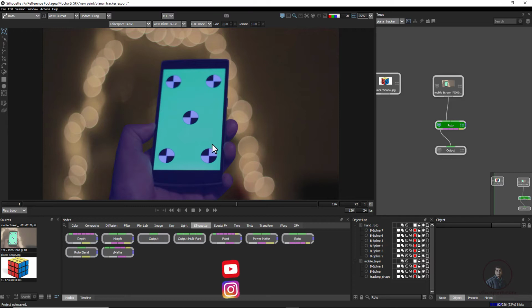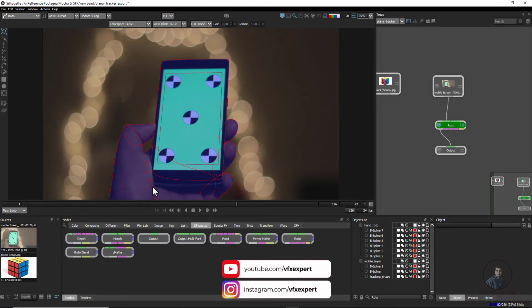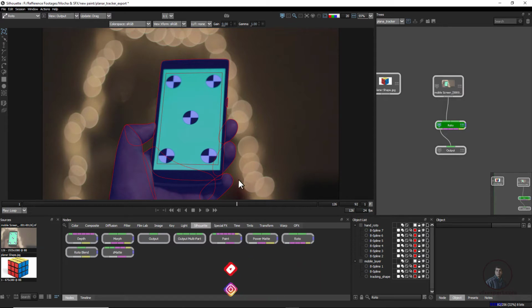Okay, so if you want you can press 0. So these shapes we have to export for Nuke. After this we will compose this shot in Nuke. So first we have to select all your shapes which you want to export. So I am going to select these ones, this one and this one.